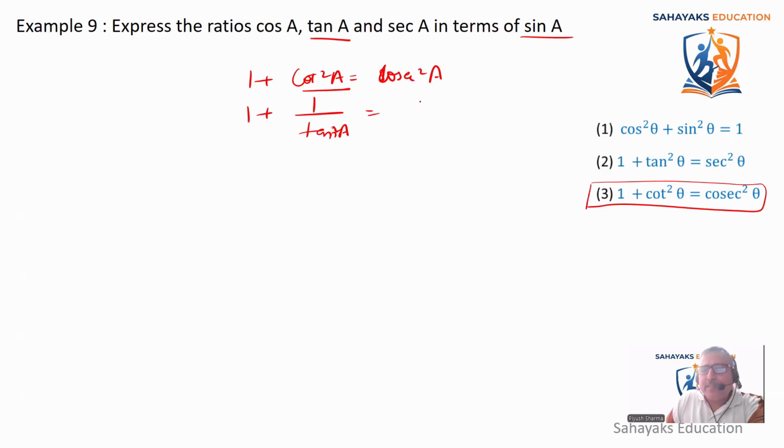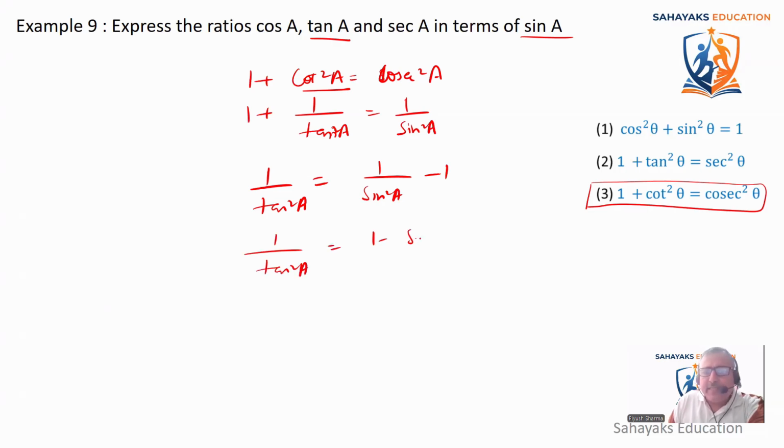Tan square A is equal to 1 divided by sine square A. Okay, we know because tan is the inverse of cot and sine is the inverse of cosec. So I'll say 1 by tan square A is equal to 1 by sine square A minus 1, or it says 1 by tan square A is equal to 1 minus sine square A divided by sine square A. And if you cross multiply, it becomes tan square A is equal to sine square A divided by 1